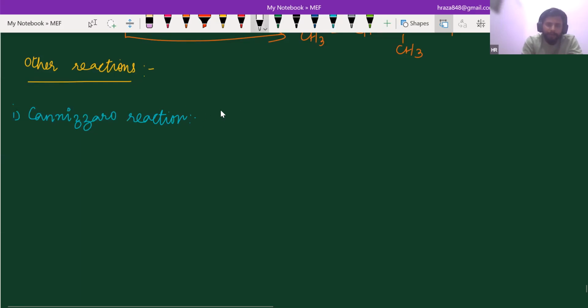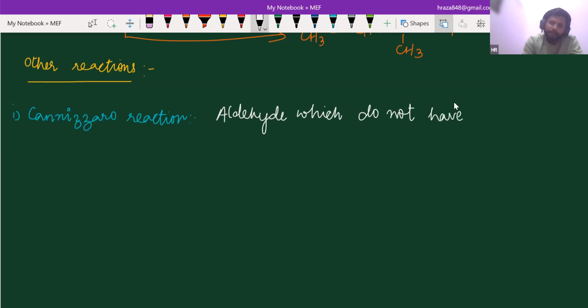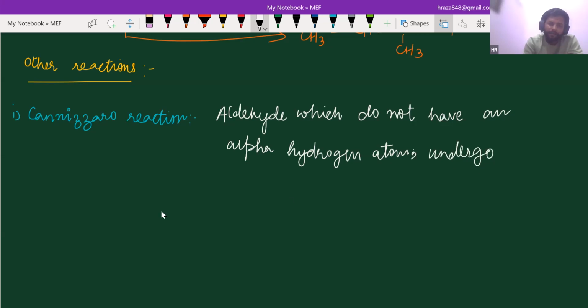I'm going to write: aldehyde which do not have an alpha hydrogen. So the aldehyde which does not have any alpha hydrogen, and we can do Cannizzaro reaction from there. It's very easy. Undergo self oxidation